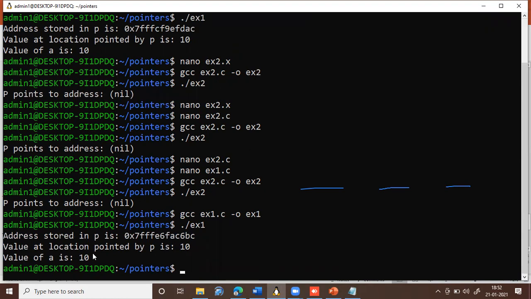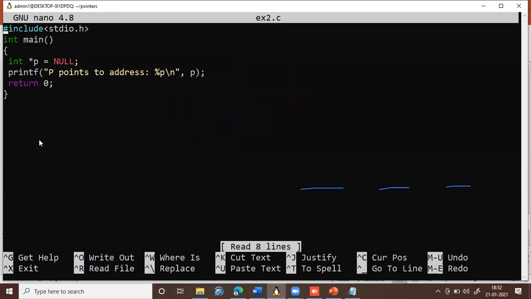Okay, fine. So the next concept we will be discussing is something called a null pointer. So what is a null pointer? Let me just brief it. Normally when you declare a pointer, it is advisable to declare it like this. Whenever you declare a pointer, don't just declare int *p. Rather, you declare int *p = NULL, which means that this pointer is currently not pointing anywhere.